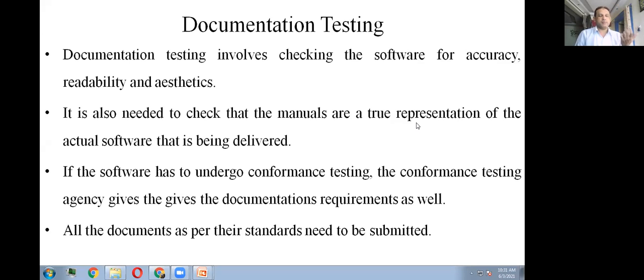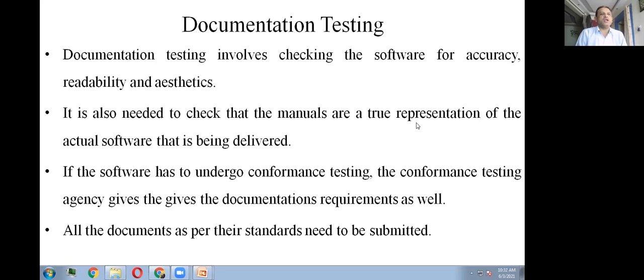It happens, not intentionally but by mistake. You need to ensure that. So the manual is as per the requirement of the particular software which you have developed. Whether it is related to that or not, you need to check.